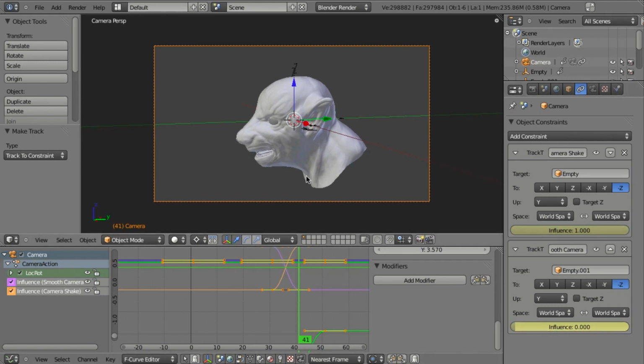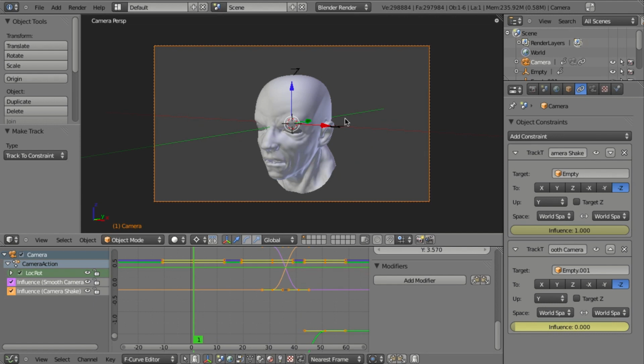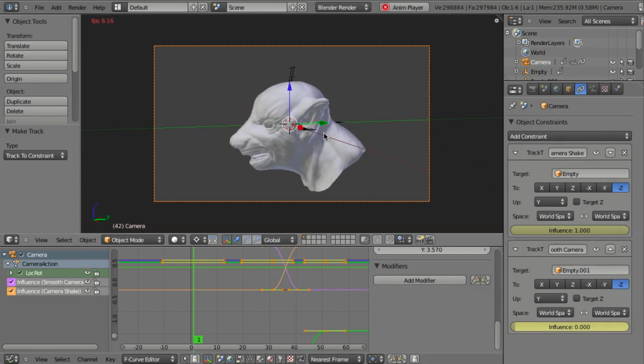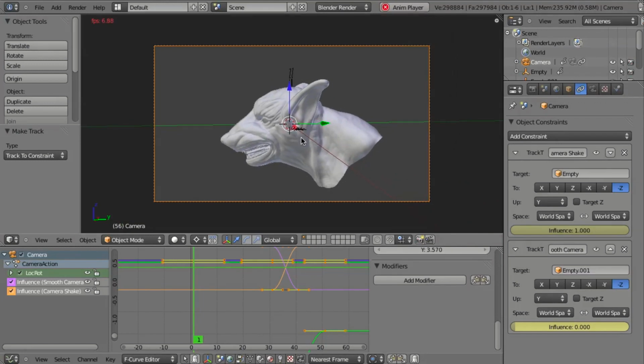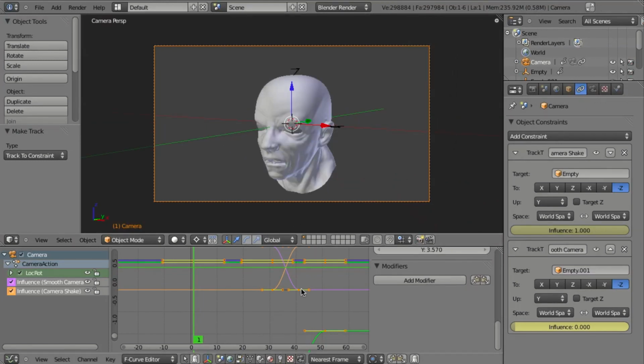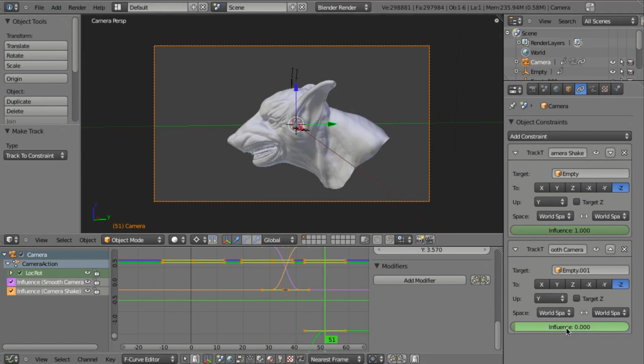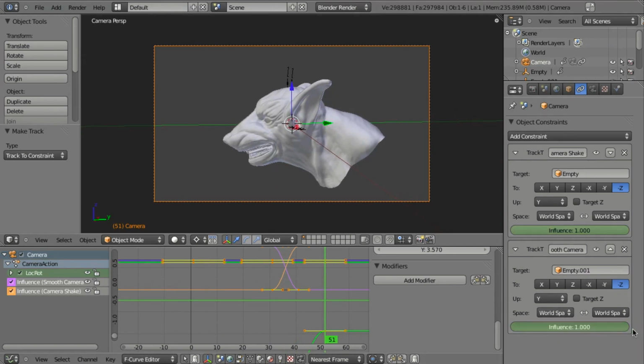And so now, both those empties are by default in the same location, so that we're tracking the camera no problem, so that way we don't get a sudden jolt. And as we go through here, as we hit frame 31, we're going to start shaking, and then we get a lot of shake, and then we get our transformation. So very, very cool. And maybe right after the transformation, let's say frame 51, we'll take this one back up to 1, and this one down to 0,